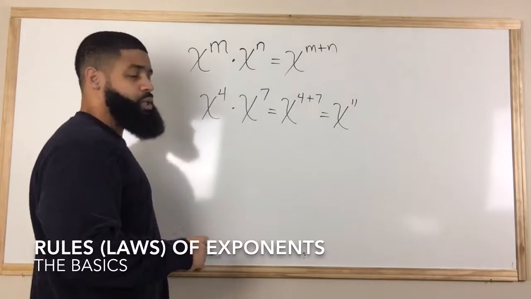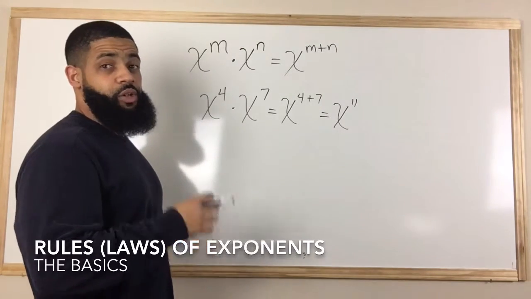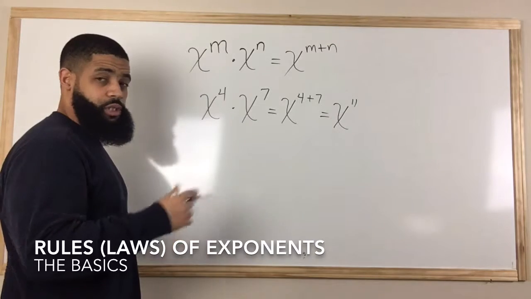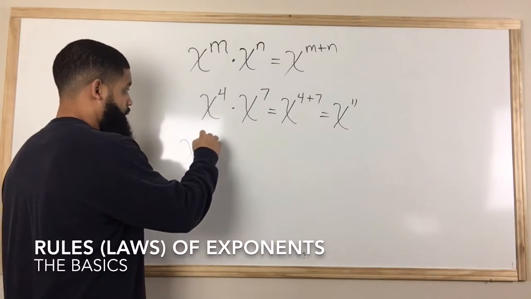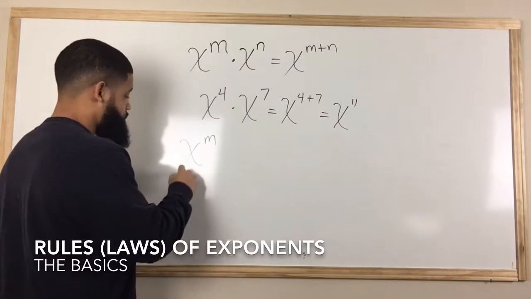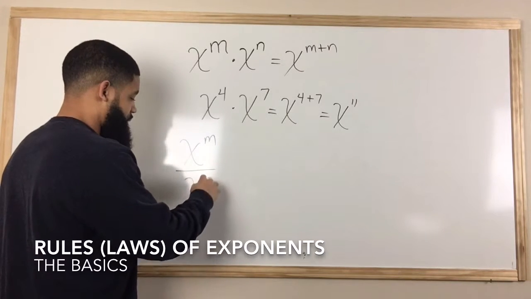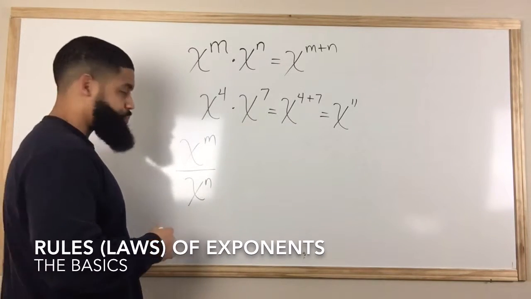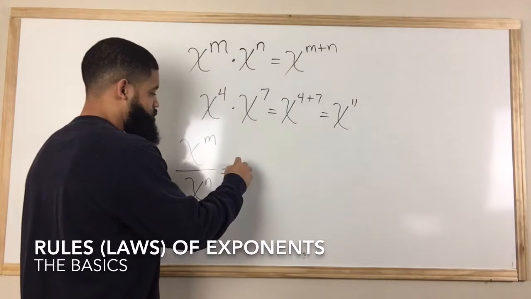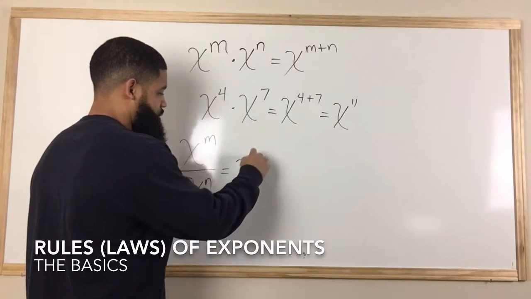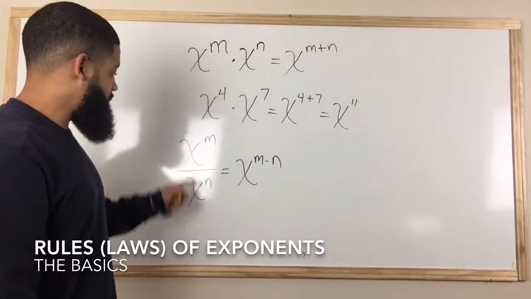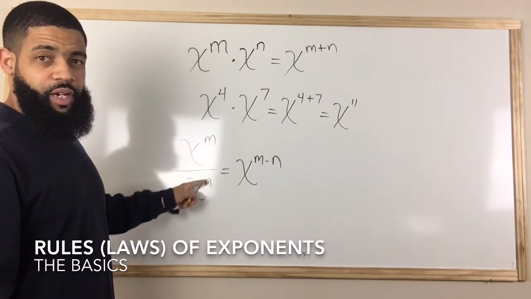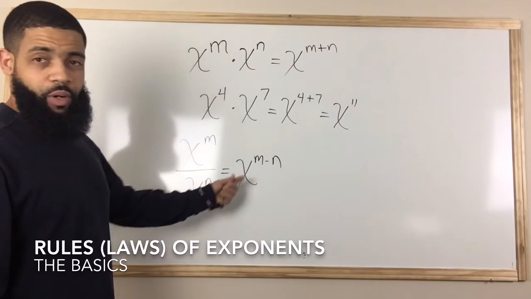The next rule that we're going to talk about is the quotient rule. And quotient rule is going to deal with division. So if I have x to the m power divided by x to the n power, then that's going to give me x to the m minus n power. So once again, if I have x to some power divided by x to another power, I simply